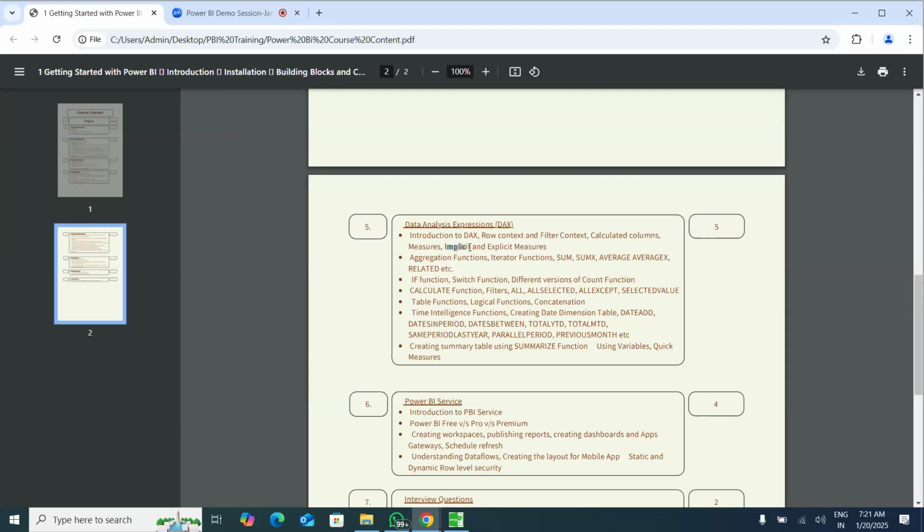And then we will look into the implicit and explicit measures. Okay, and then we will look into the aggregation functions, iterative functions, simple functions like SUM, then AVERAGE, then RELATED, and also the iterative functions like SUMX, AVERAGEX, MAXX, MINX. Okay, all those things. And then we'll look into how to create the conditional fields by using conditional statements like the IF function, then the SWITCH function, also the different versions of the COUNT function. Okay, then